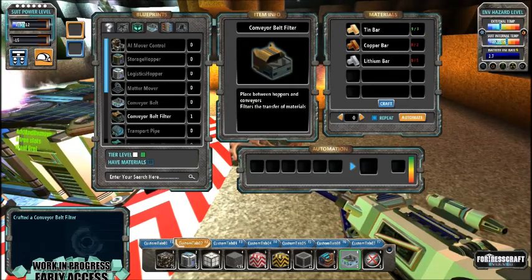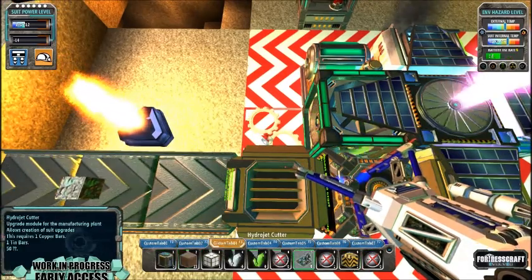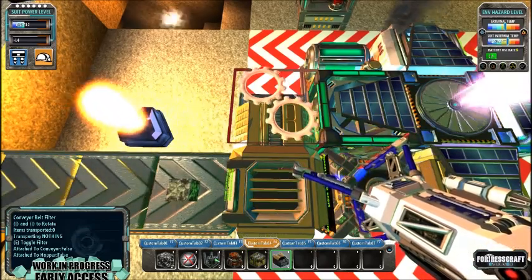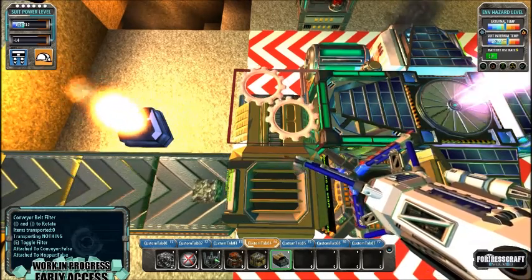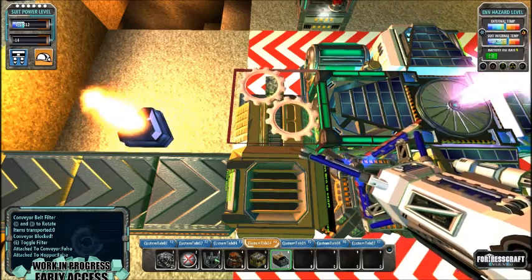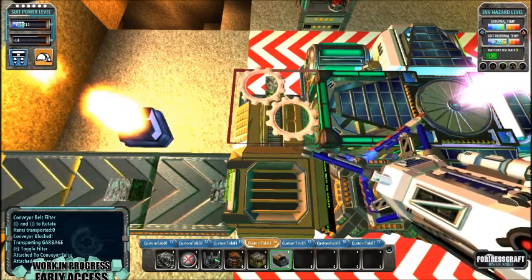Ugh, wonderful. Right, so what we're going to do is this. We're going to have it coming up here, okay, and we're going to put on a conveyor belt filter. Right, now what this conveyor belt filter is going to do is nothing at the moment. Okay, so we are now going to press E, and we're going to put in, I think, is it garbage? So we're going to put in garbage. Okay, now